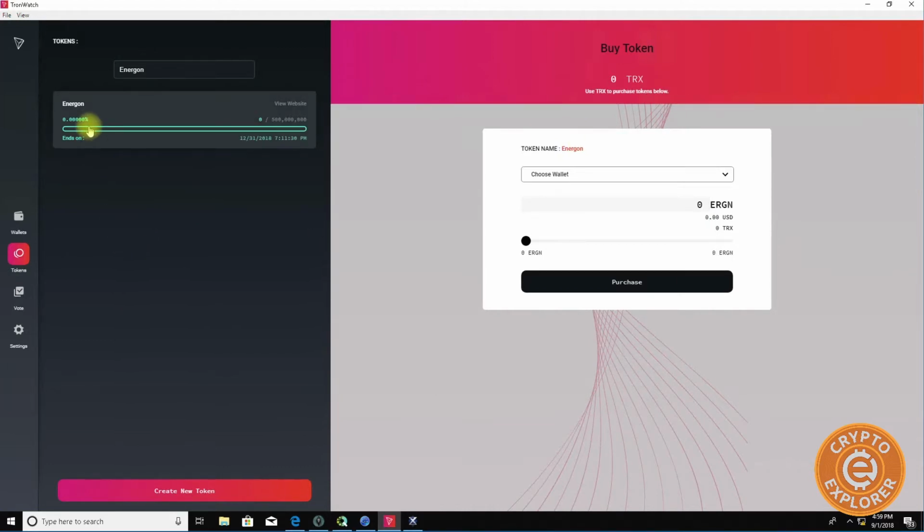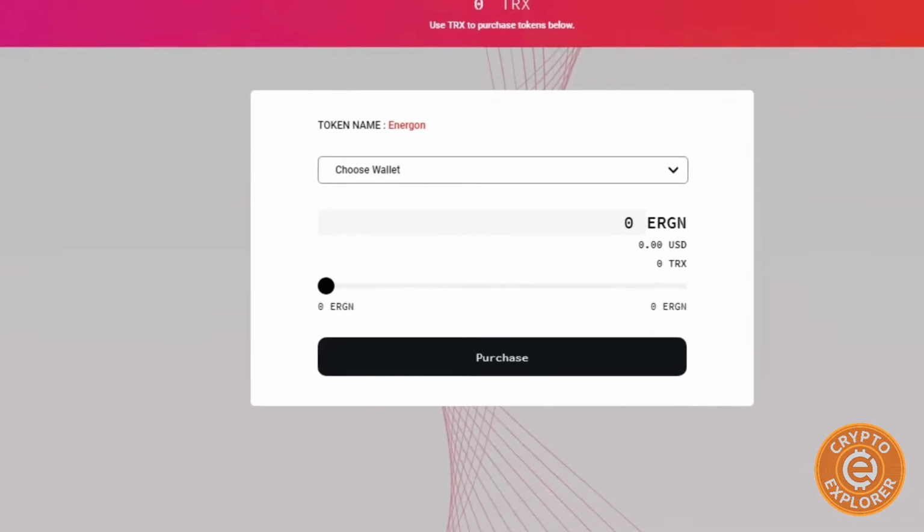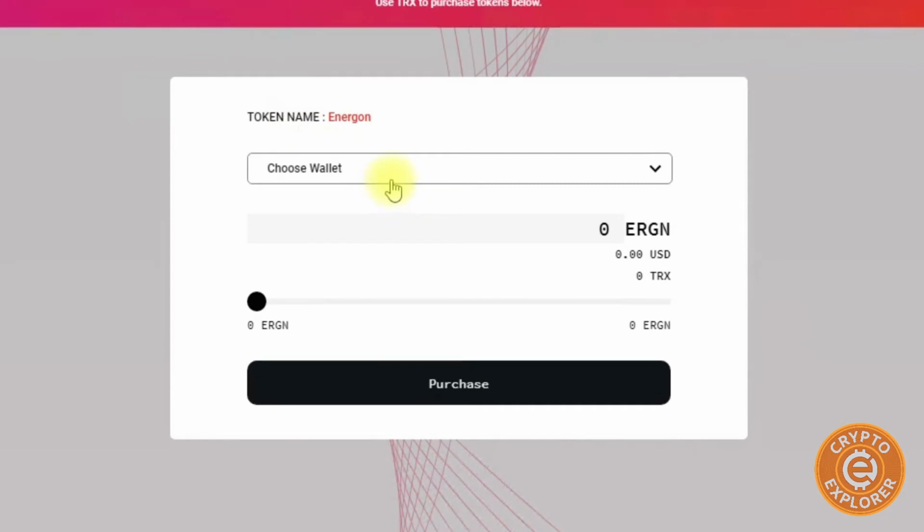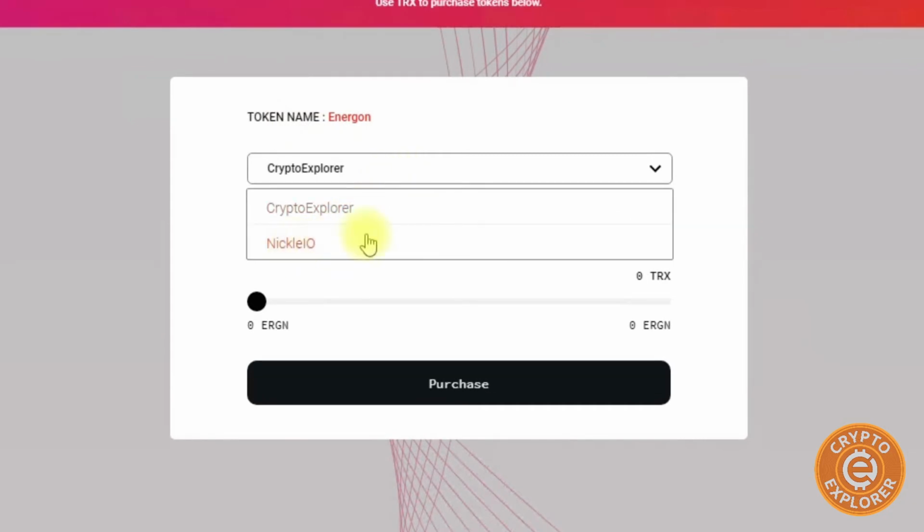A lot of times folks can create tokens that look like the one you want to purchase. For example, they could put a different character instead, so it's always good to verify it. So over here you can see I've clicked it, and then I'm going to choose the wallet. Now this is the wallet I created the token in, so I'm not going to use that. I'm going to use this wallet,